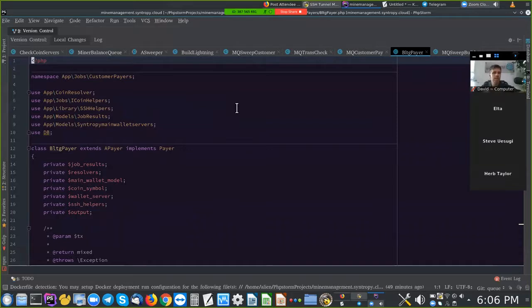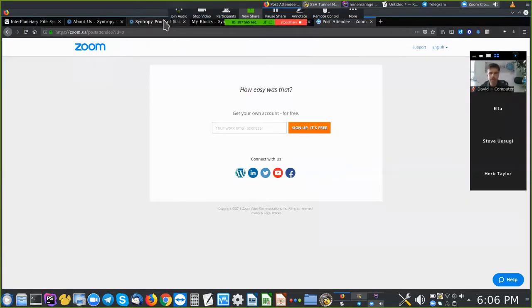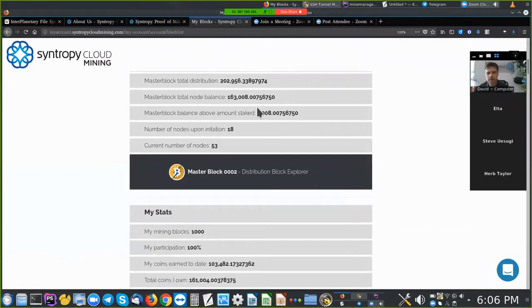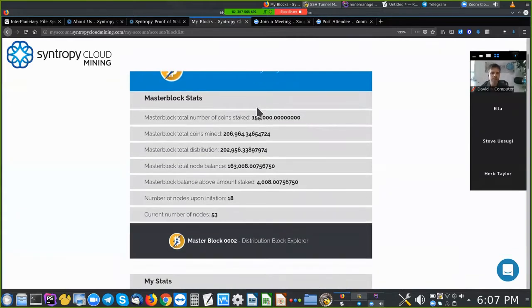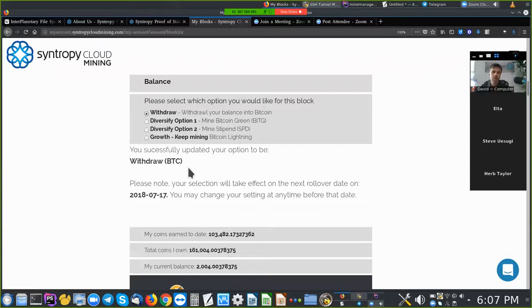And from there, we need to decide if it's going to be paid in Bitcoin, or we're going to diversify, or we're going to continue to mine an existing coin. And you'll see that on the website, when you log in, if you are a part of block number 2, you're going to be able to see the 4 different options. You're going to see, hey, I want to withdraw everything into Bitcoin, or I want to diversify into Bitcoin Green,